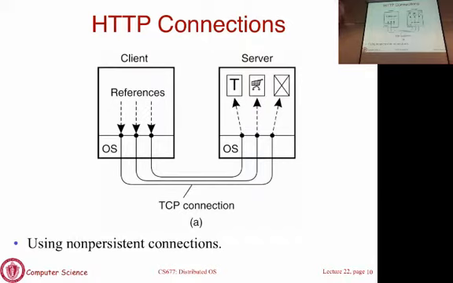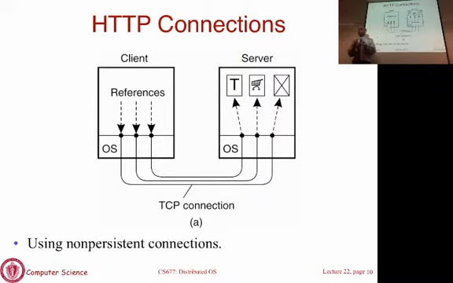Okay. That page may have several other embedded objects. It may have images, it may have other things in it. Okay. Those haven't yet been retrieved. So the browser has to parse this page, see what are the embedded objects, and then retrieve each of those embedded objects in order to render it. Okay. What is shown in this picture is that for each of the subsequent objects, you set up another TCP connection, a separate HTTP request is sent. Okay. So this is basically what is called non-persistent HTTP connection. For every HTTP request you send, you first set up a TCP connection, you send an HTTP request, you get a response, you tear down the connection. Okay.